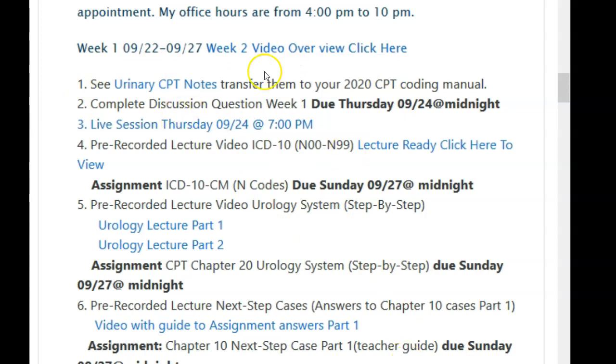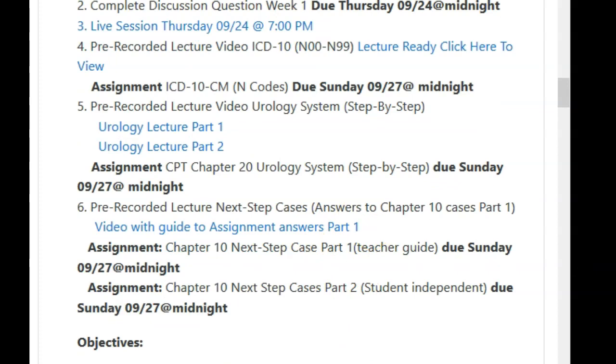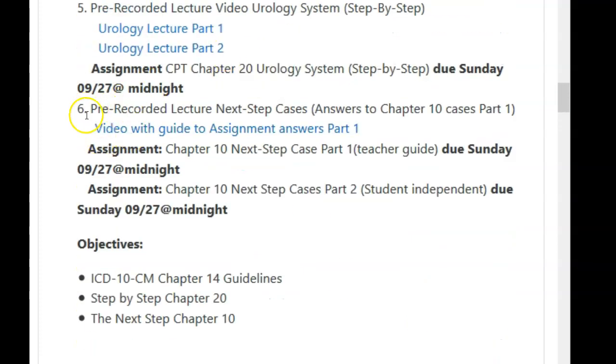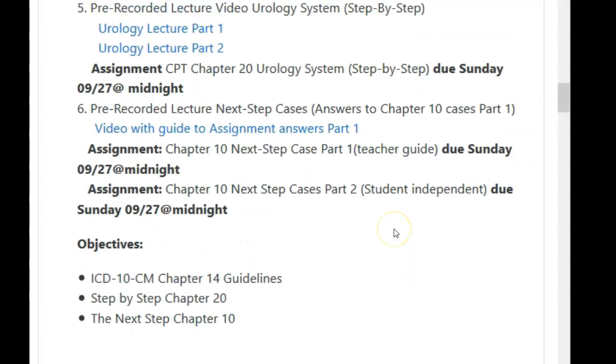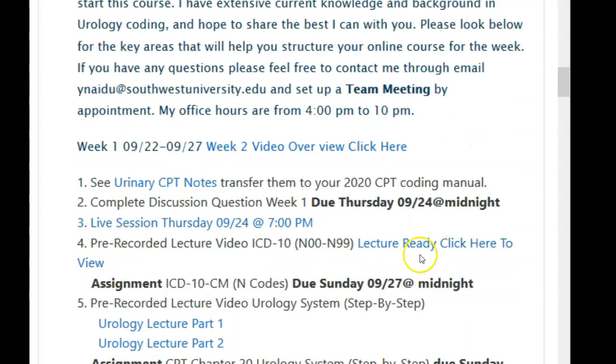So the assignment that I'm talking about, this number 6, those were the answers. So again, make sure you're clicking through the blue links. That way you do get the lecture and you get the information. I also noticed that some of you didn't do very well with the ICD-10 assignment. And again, that lecture was ready for you. All you had to click was view it, and first view the lecture, and then view the assignment, okay?